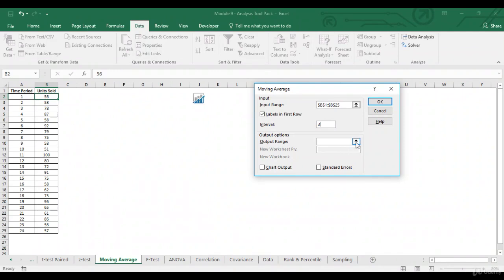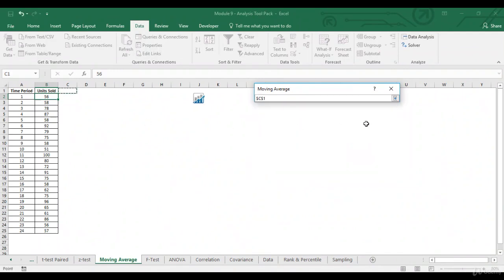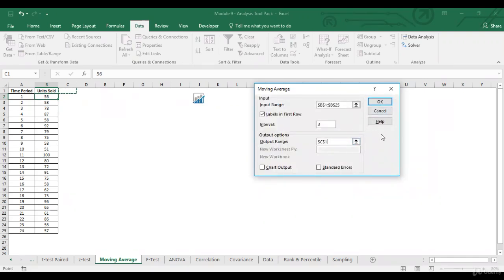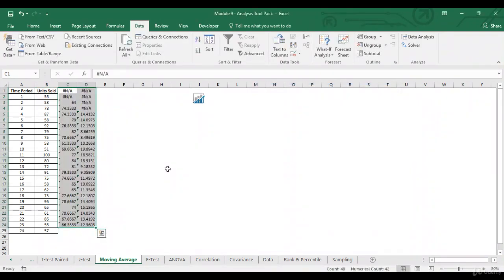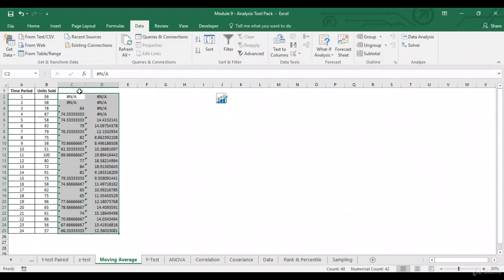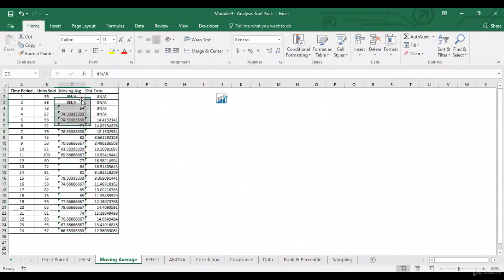So the output range, let me just select over here. Let's see if it comes over here. And yes, I'll have the standard errors also. Click on OK. So this is how my data set will look like. This is my moving average and this is my standard error. Let me just format them. Right. So now in front of time period 1 and time period 2, there is no moving average,